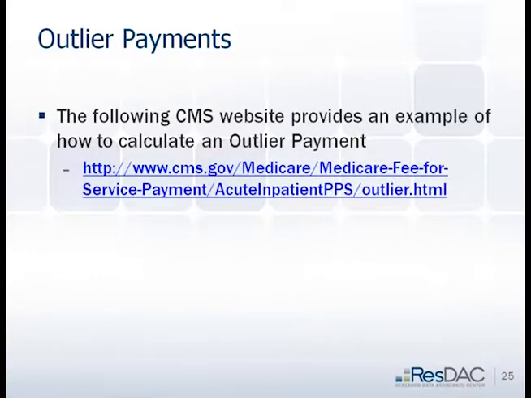I'm not going to go into detail, but if you want to look at an example of how to calculate an outlier payment, they do have that at CMS. But again, there is a certain threshold that this hospitalization had to cost above in order to be eligible for an outlier. Yes? I'm just wondering if you could comment on dual eligibles, like if they're Medicare and Medicaid,